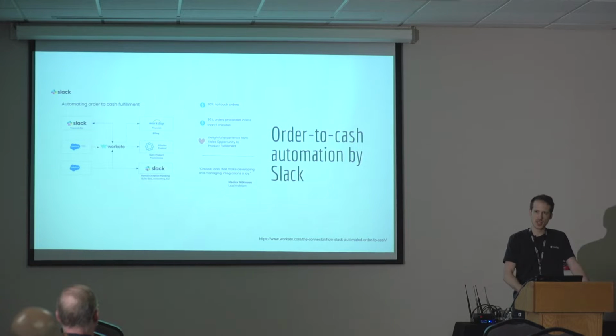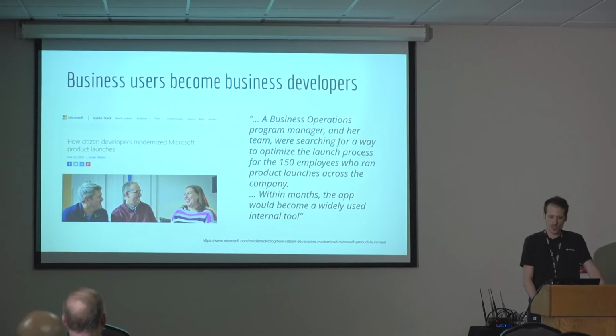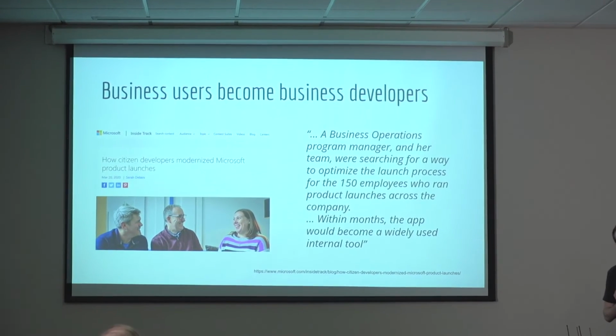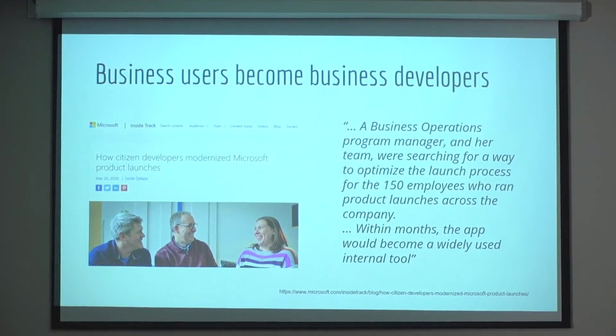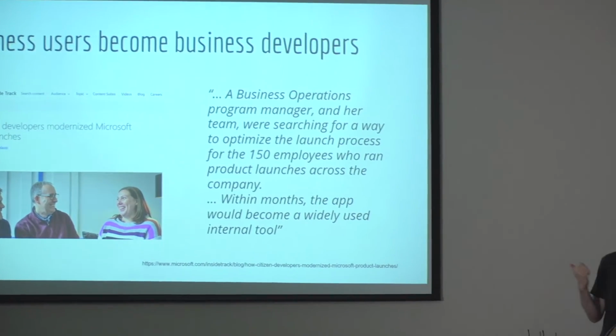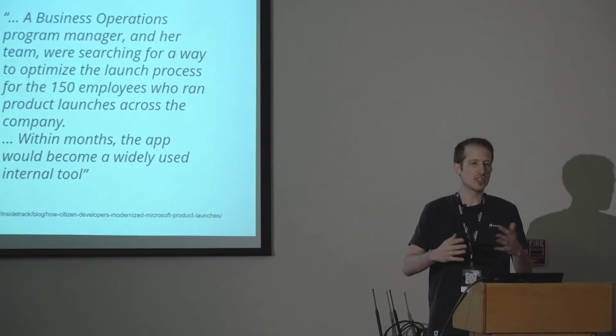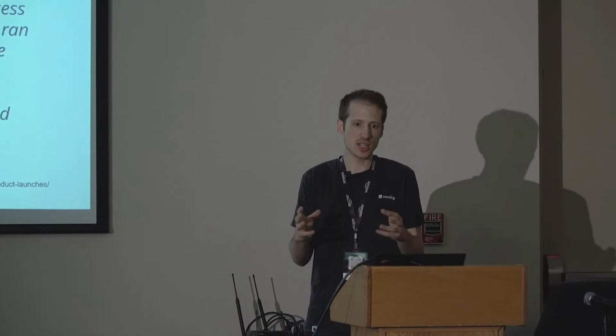Let's see another example, and it's going to be a bit different. In this example, there's a team inside Microsoft that is in charge of product launches, part of their marketing team. They figured out that they have different processes for these product launches, and they wanted to make one application that would basically be a to-do list where you can fill out anything that you need to do. All of the information is already there. It took the teams inside marketing about 2 days to build an application to streamline this process, right? People from the marketing department.